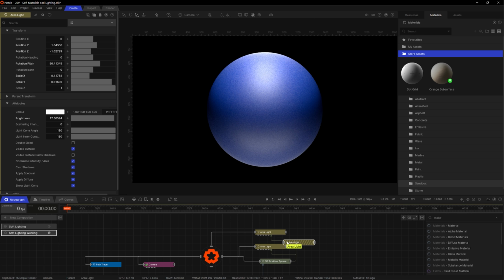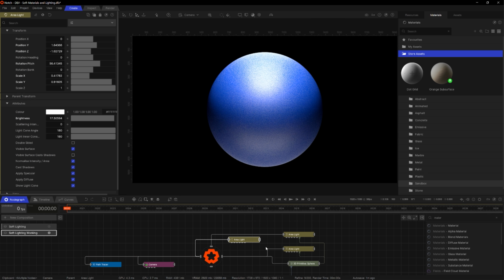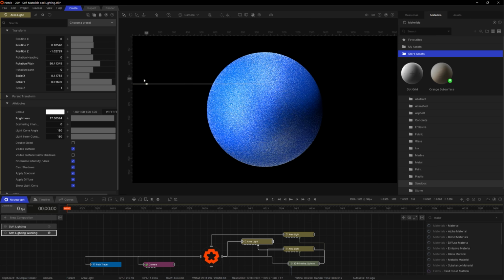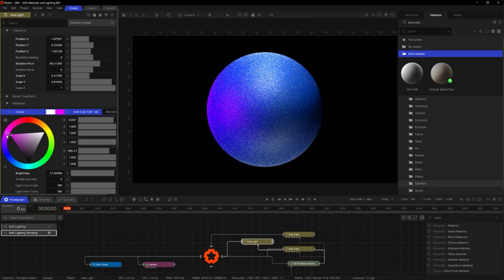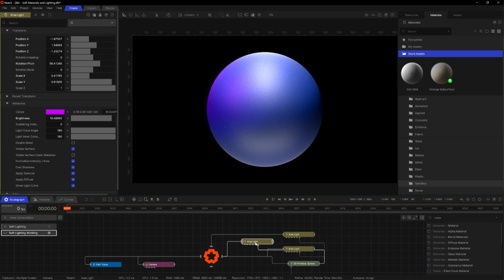So if I copy paste this light, move these ones over, Control R, and then again put the sphere into the target node pin, and then this light I'm going to drag down and then just move over by hand. Just bring it over here. So this light I'm going to make a sort of pinky colour. I want to move it up a bit,